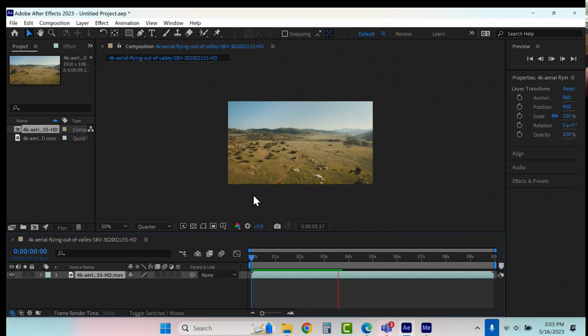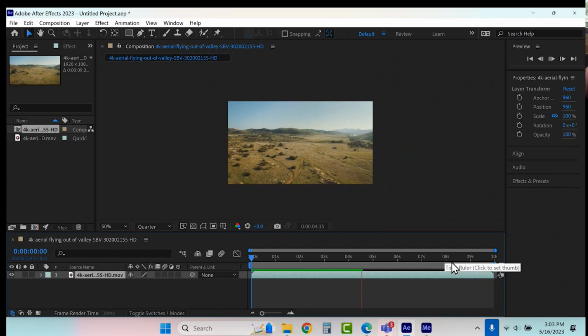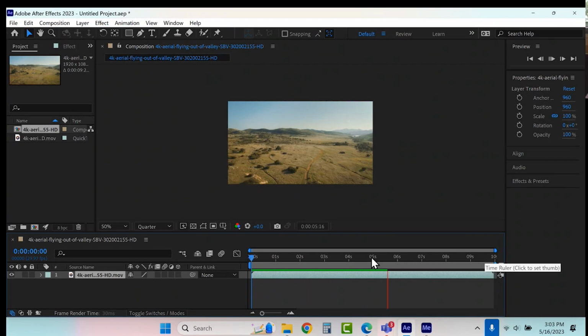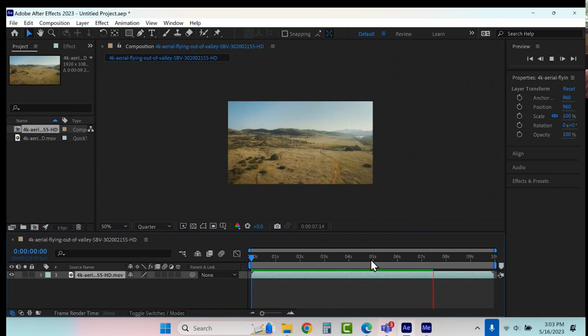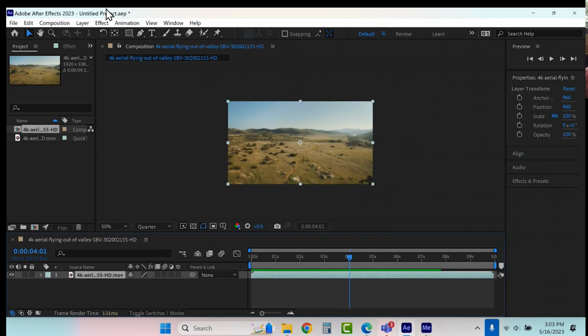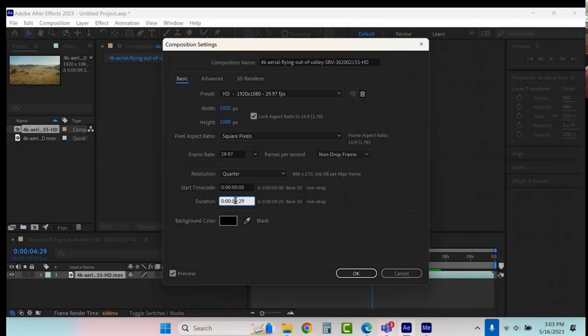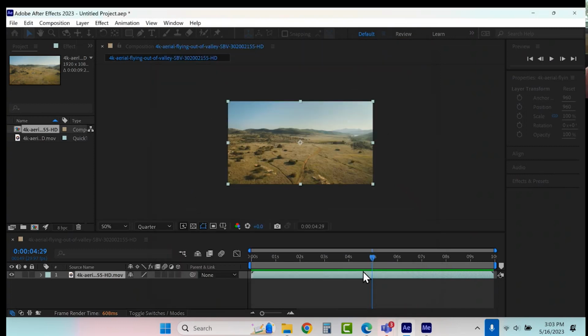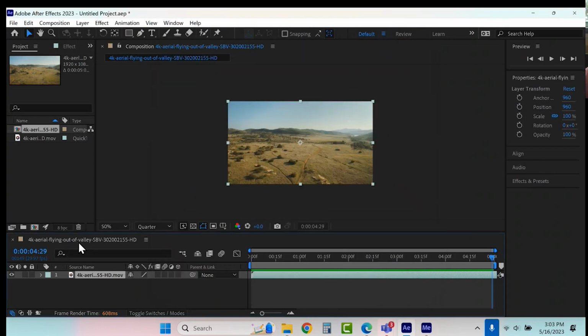Now, it's a little bit too long for me, okay? It's because, as I said, this stuff does start to get a little heavy. So what I'm going to do here is chop this down to like the first 4 seconds. Well, maybe I'll do 5. Composition settings. And I'm going to lop this down to 5 seconds of video instead of 10. So that's the original video, locked down to 5 seconds.